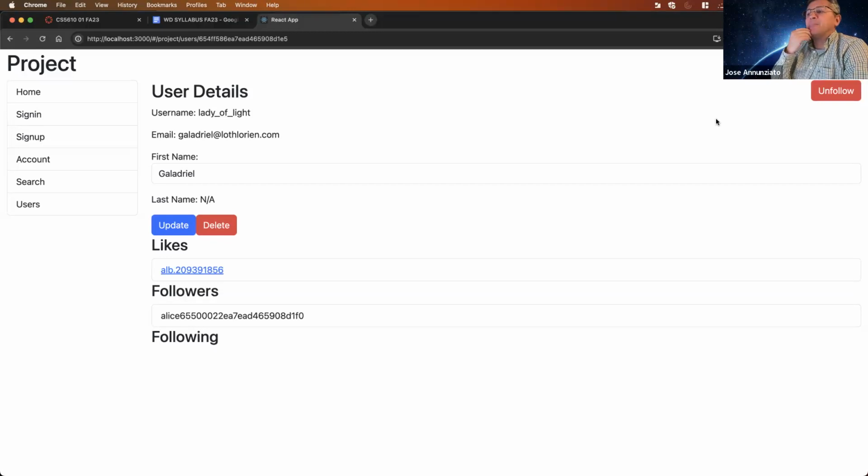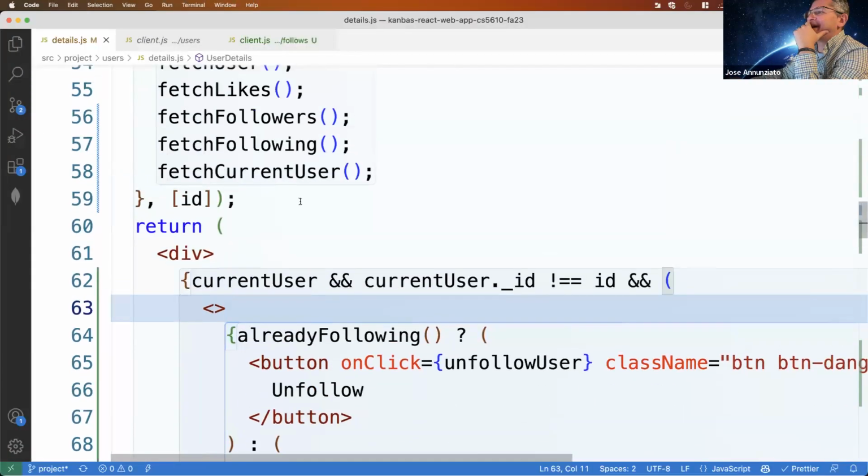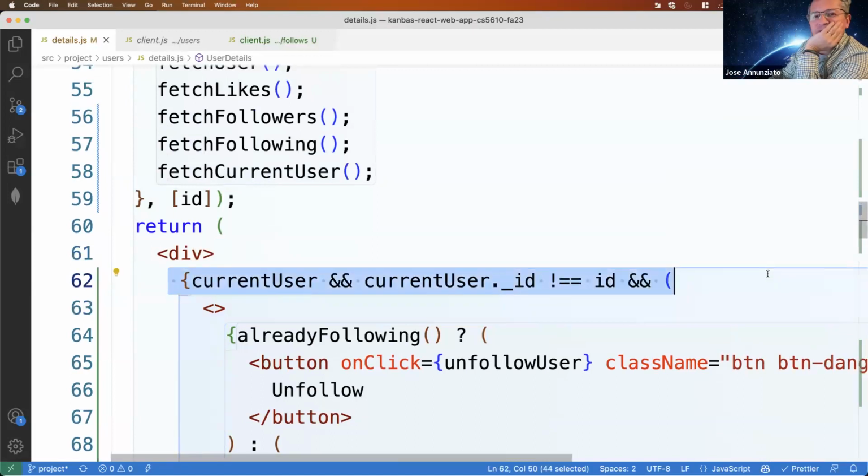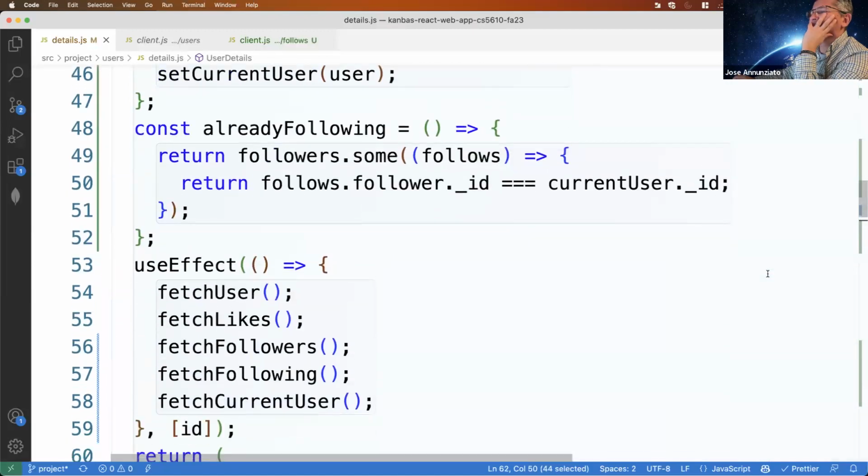All right. Yeah, so right. So notice the inconvenience, right, of having to deal with the current user here, right? What do we have to do? We have to fetch the current user. So anytime that we have to deal with the current user, we're just going to go fetch the current user. That's very inconvenient, right? So instead, it'd be nice that we would have a central place for being able to keep track of the current user, right? So how could we do that?